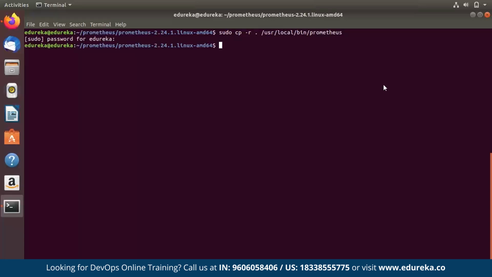Now, for any application to be run as a service, you will compulsorily have to have a .service file. So let's go ahead and create one. To create the service file, I'm just going to use the command sudo vi, and I'm going to enter that particular folder.